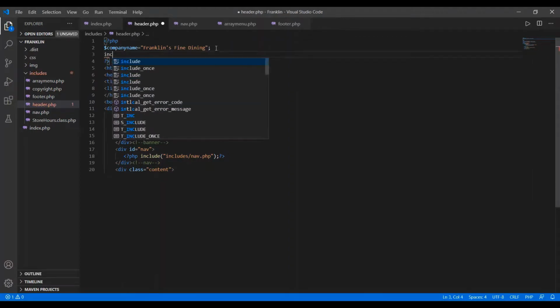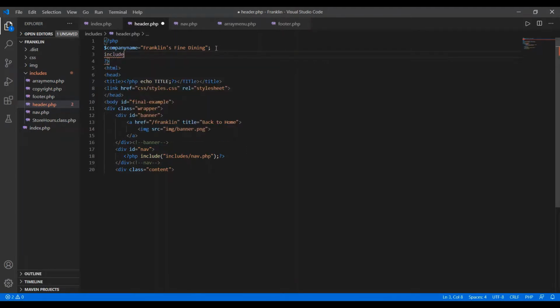So include, then here we have to write the path of this file, that is includes, then menu item array menu dot php, then put the semicolon here to terminate the string.